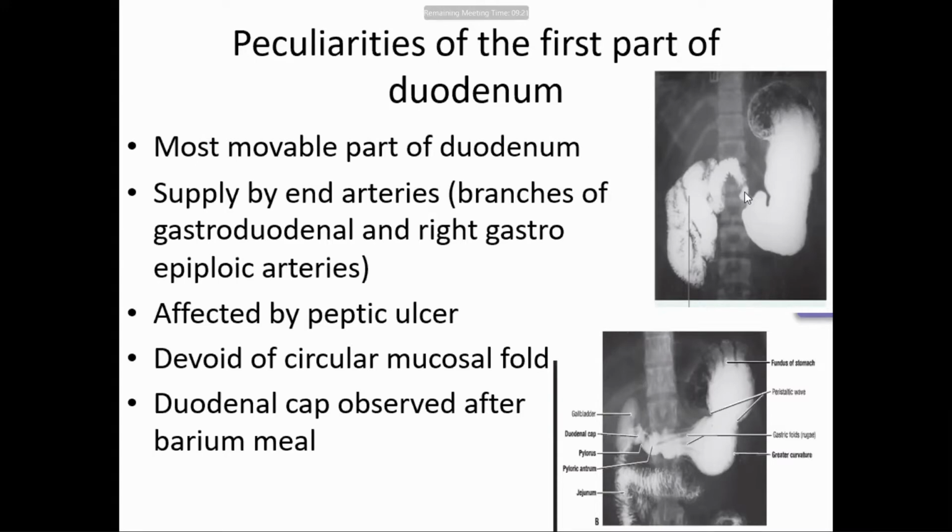So for the radiograph of the GIT, barium meal is given to the patient to observe the different parts of the GIT. So here it is the stomach. Which part of the stomach is this? This black color is the fundus of the stomach. It appears black because it is always filled with air. Capacity is 50 ml.